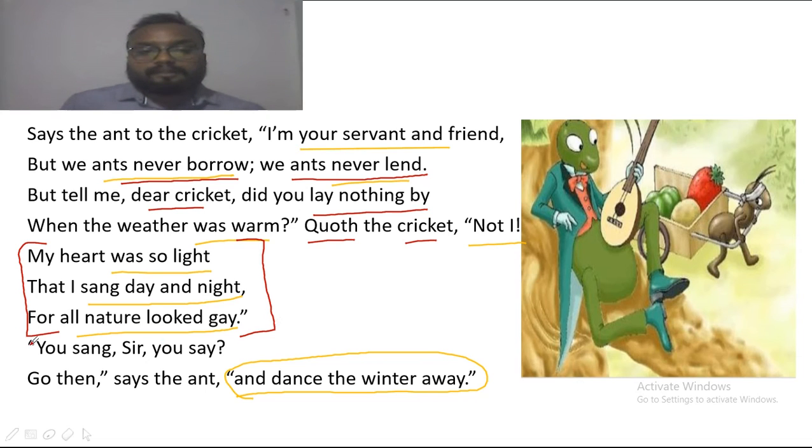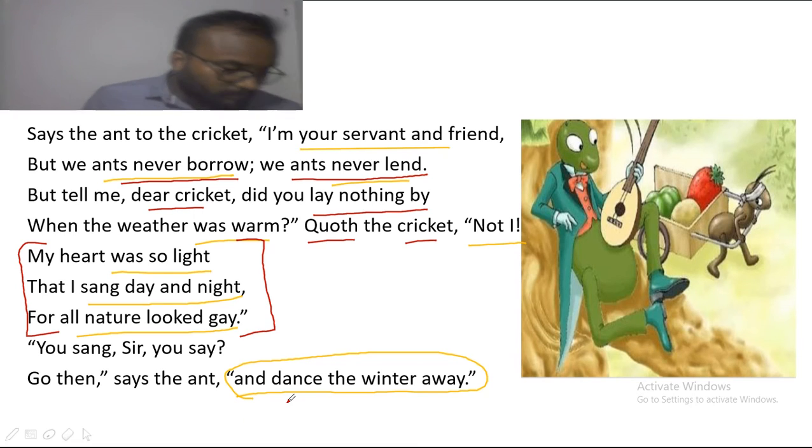Then see what the ant said. "You sang, sir, you say? Go then," say the ant, "and dance the winter away." So now he says that if at that time when the situation was good, and you were making merry,